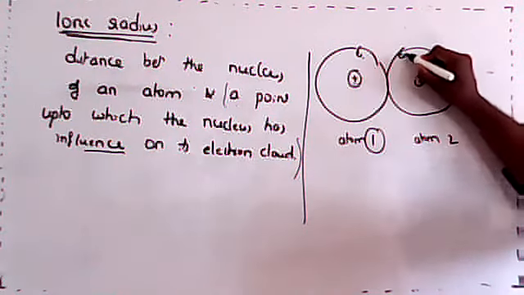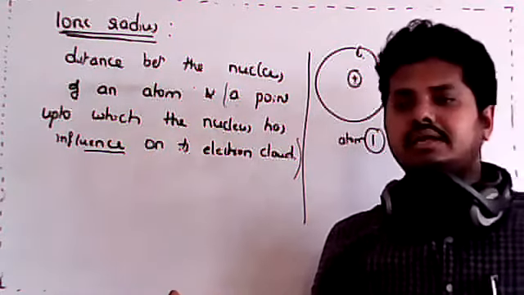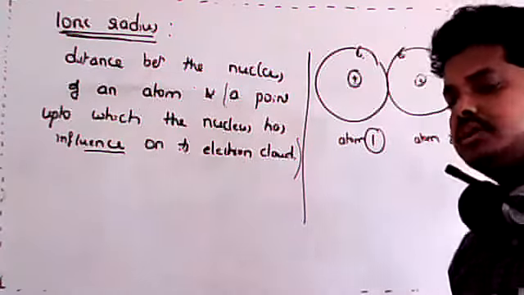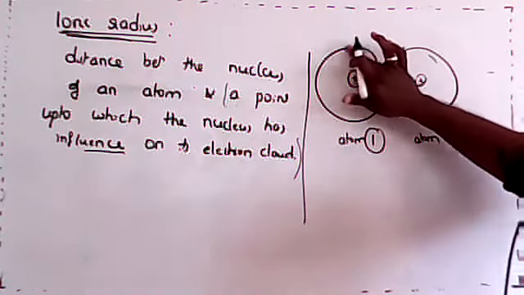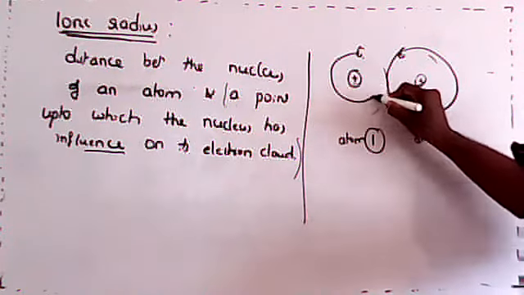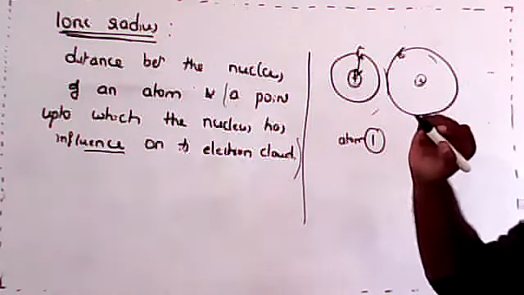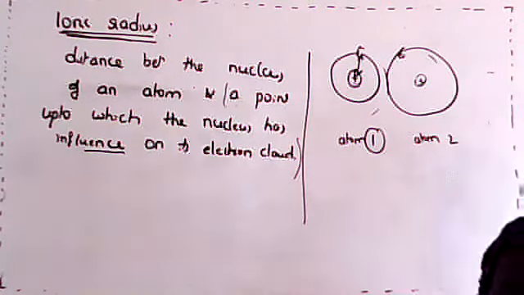Even though this electron was belonging to this atom, now it does not have any right over that electron. Got it? So now it has to understand that I have to attract only up to this electron. Therefore, now this radius is called the ionic radius. So this is what you call ionic radius.